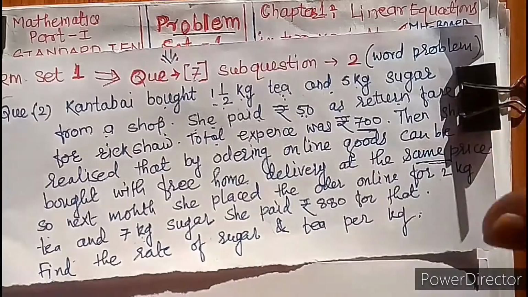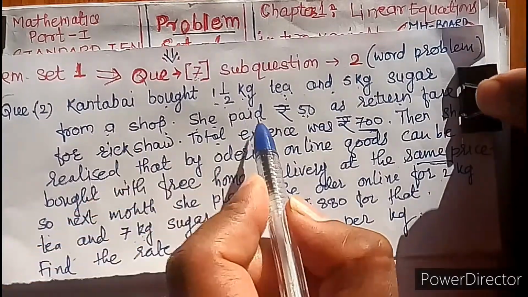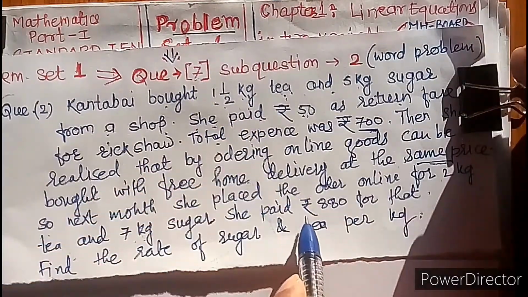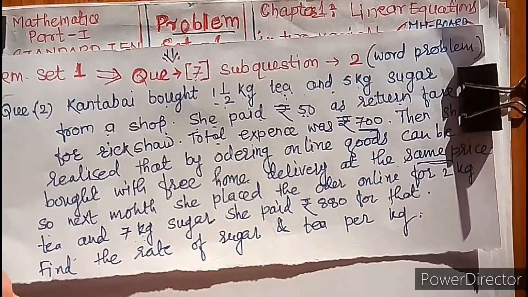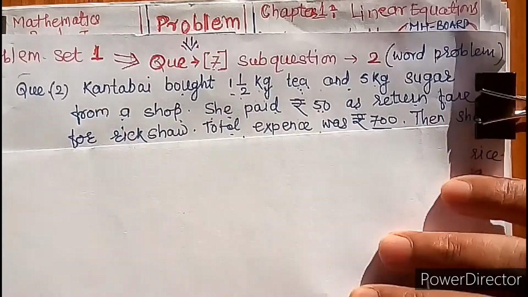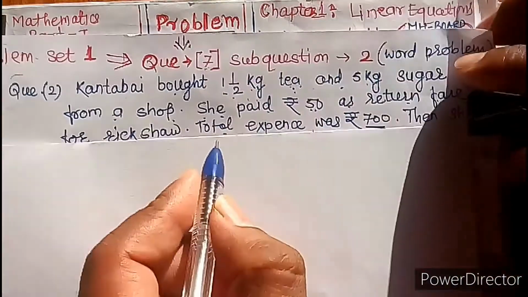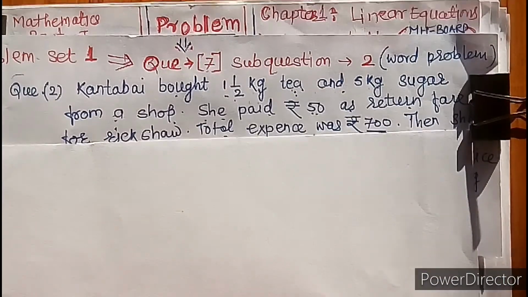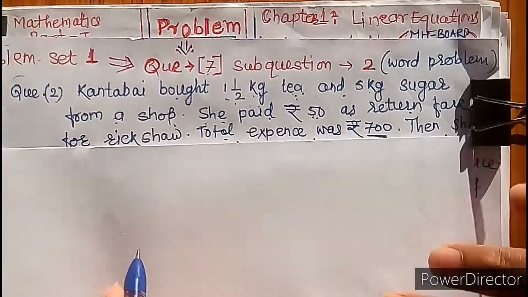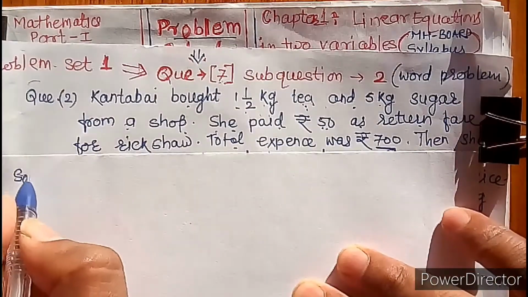Now here two conditions are given in this problem. From these two conditions we can make two equations and then we can solve it. The first condition is Kantabai bought 1.5 kg tea and 5 kg of sugar from the shop. Then moving to the solution part,